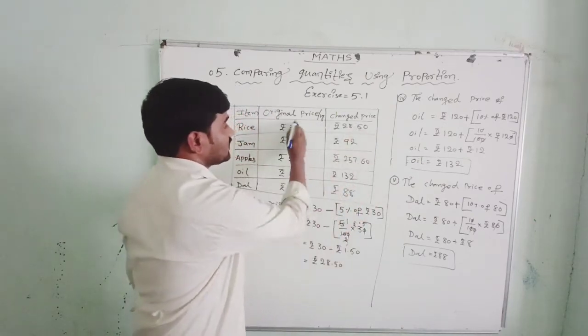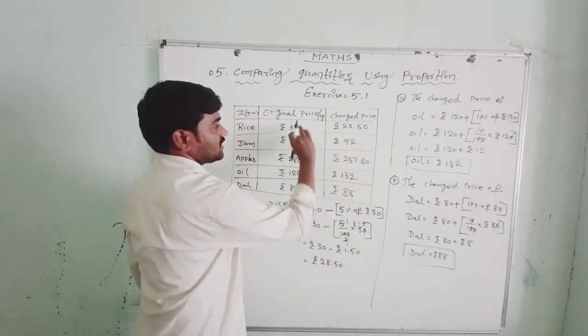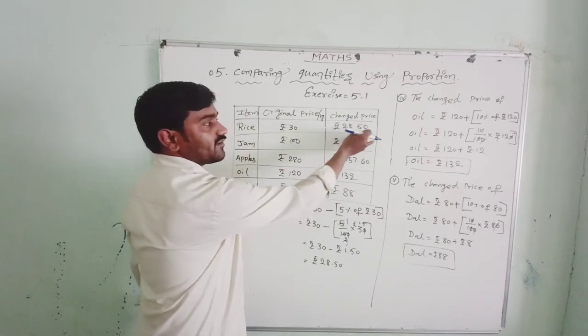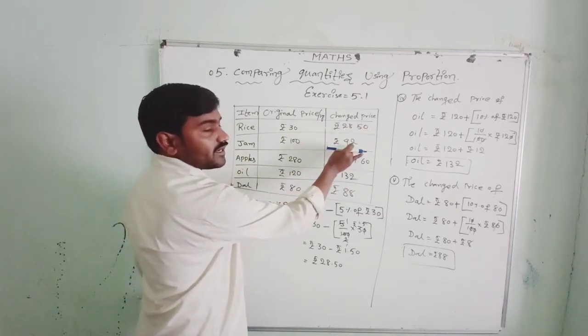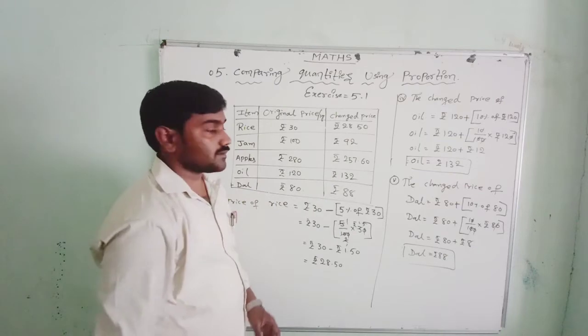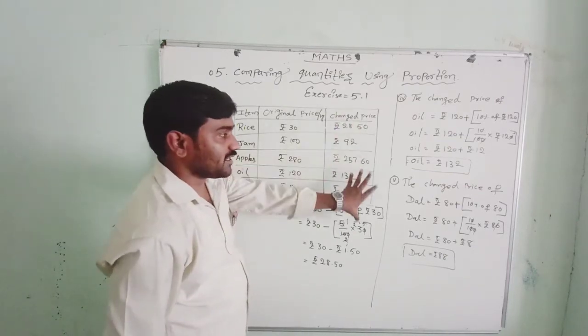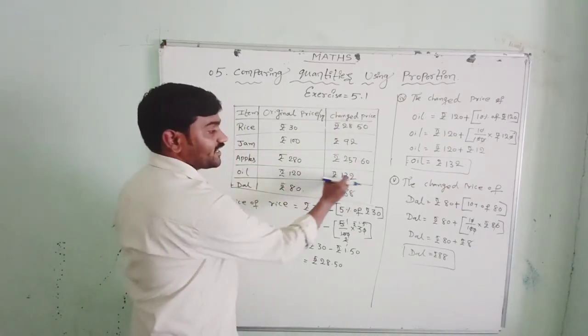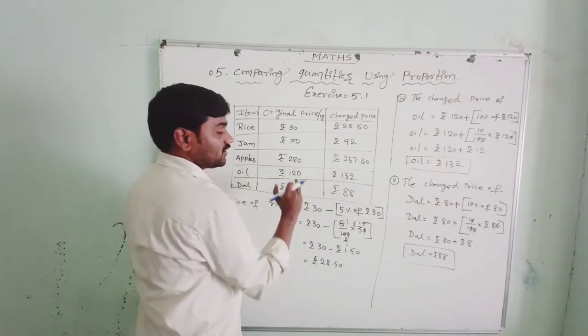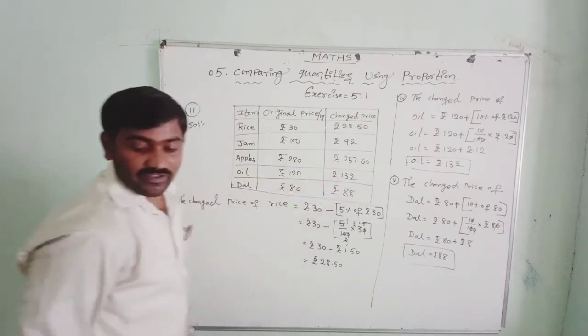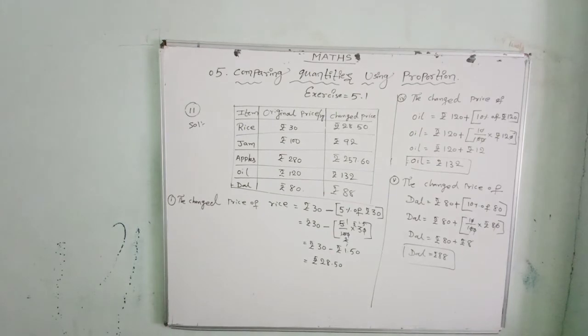See, these three prices are decreased. It was 100, now it is only 92 rupees. Then Madhuri has to pay only these particular amounts. Here these two are increased, from 120 to 132, 80 to 88. When it is increased, we have to add it. When it is decreased, we have to subtract from the original price. I hope you understood this clearly. Then we go for the next one.